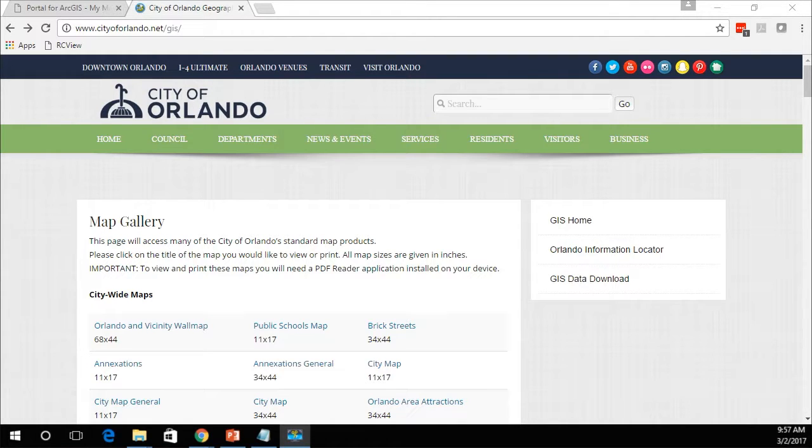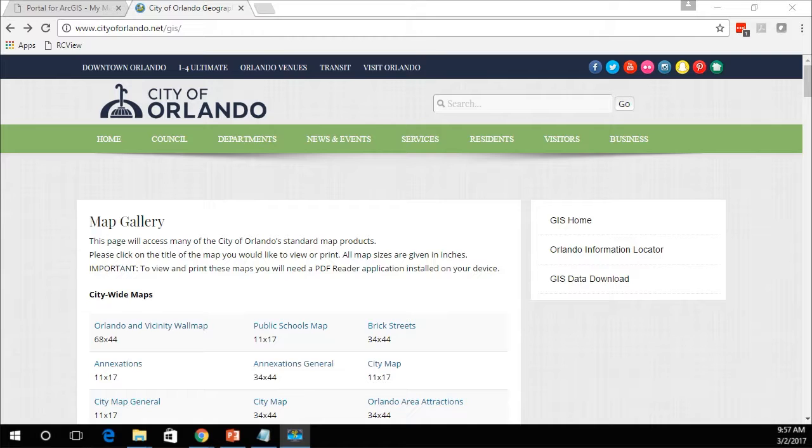Okay, in this video we're going to talk about adding data to a map through what's called a shapefile. So we've looked at finding data in Portal or going to a web service or uploading a CSV file, but a lot of times you might find information on the internet that is a shapefile, which is just a common